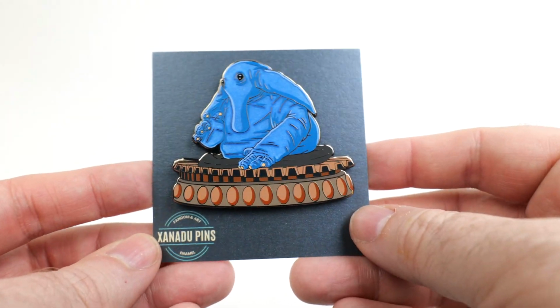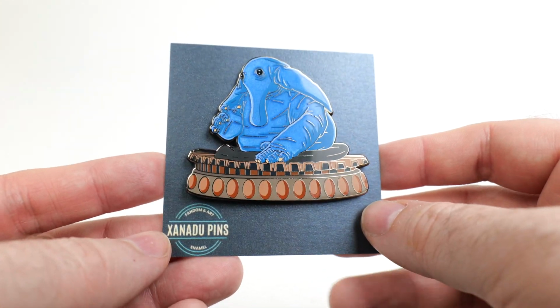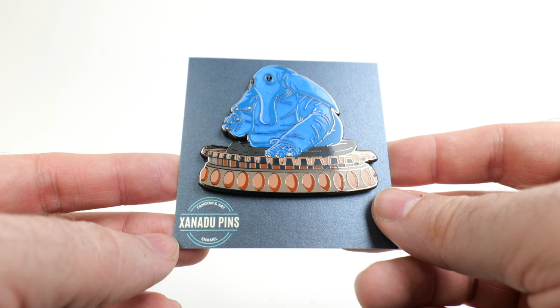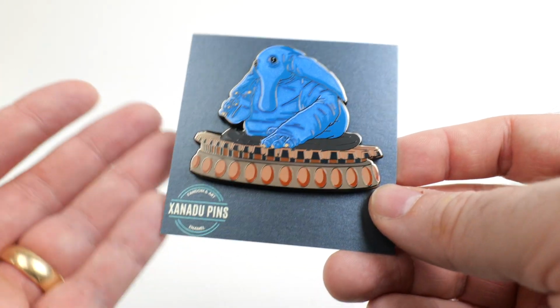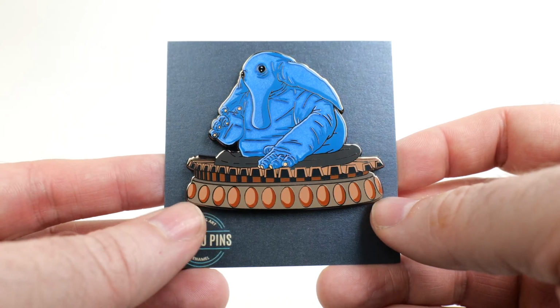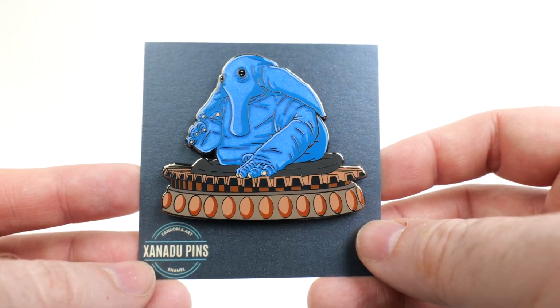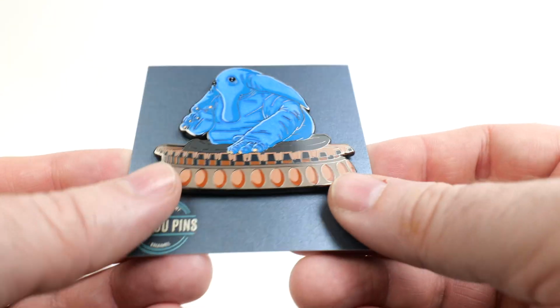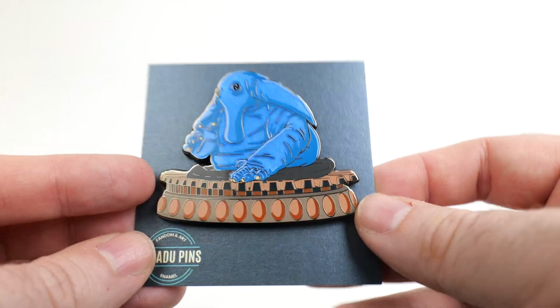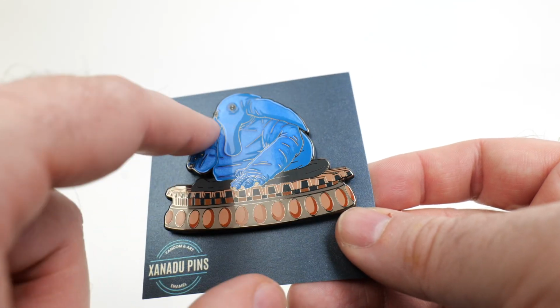Our next item is this pin of Max Rebo from Xanadu Pins. I had never heard of Xanadu Pins before, but I saw that they were doing some kind of sale on some of their pins, including this one, which turned out to be a really good deal. I decided to go ahead and pick this up, and I'm glad I did because it is super nice quality. Nice and big as well,